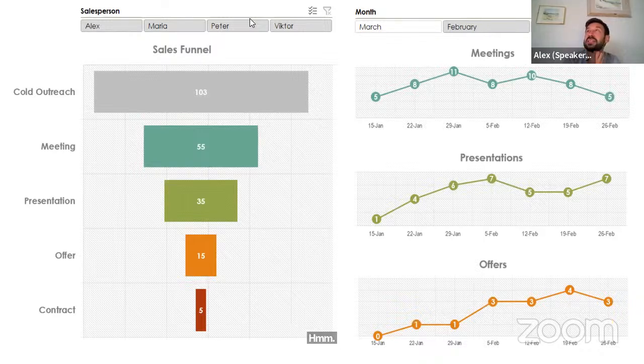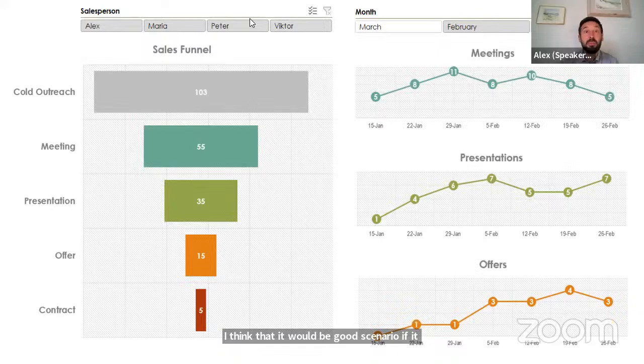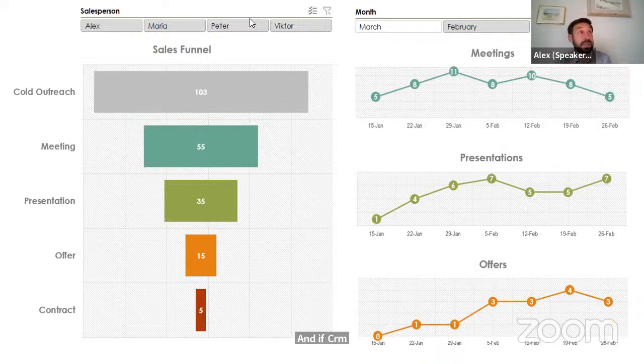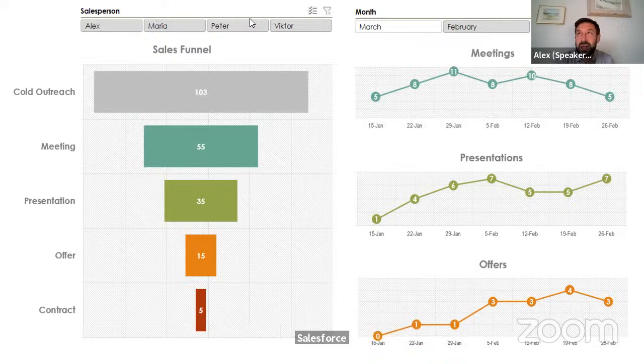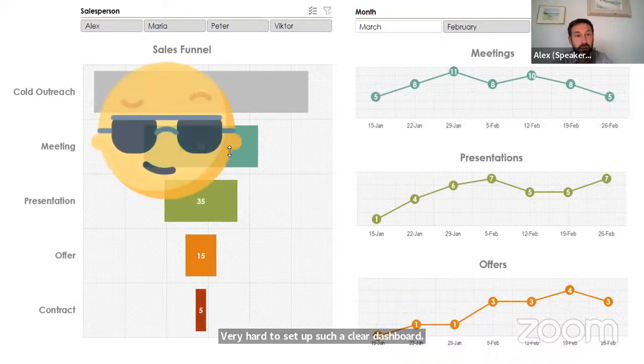So I think that it would be a good scenario if it would die and be reborn in the CRM platform, if the CRM platform provides such an easy to use dashboard. But still, even Salesforce and other platforms are very hard to set up such a clear dashboard, and that's why this dashboard has survived.